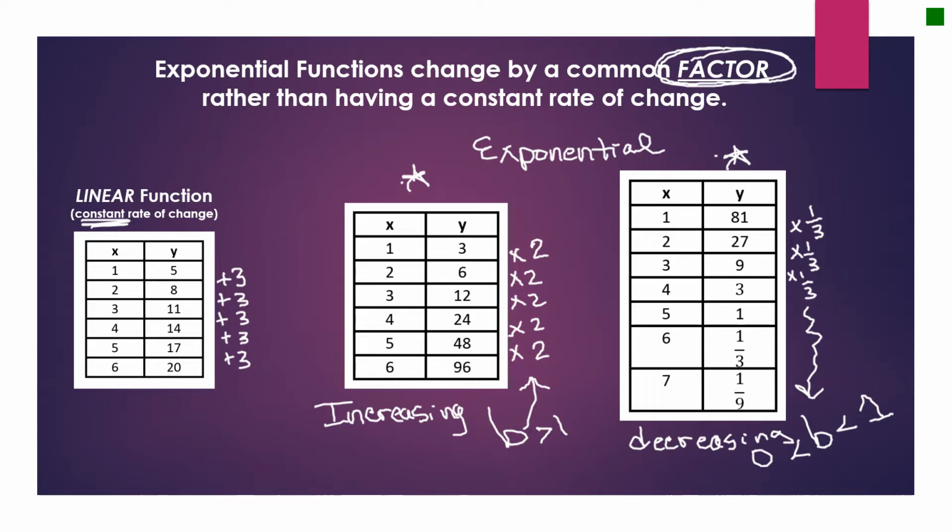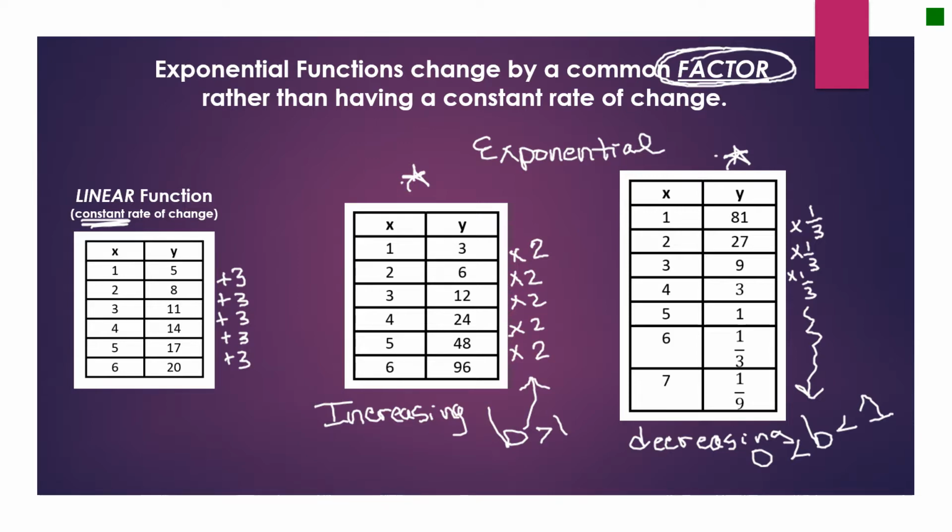And if I multiply 27 by 1/3, 27 over 3 would give me 9. And 9 times 1/3, 9 divided by 3 would be 3, and so on. So sometimes if it looks like it's dividing, you have to remember that that growth factor, it's still B,